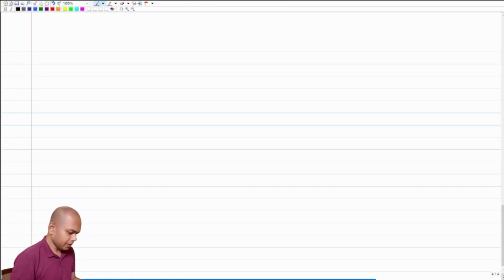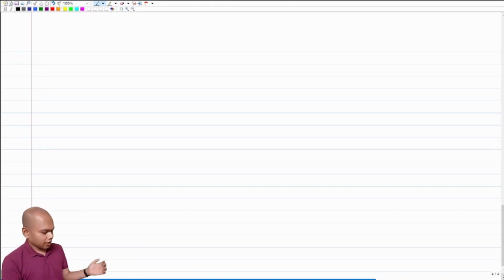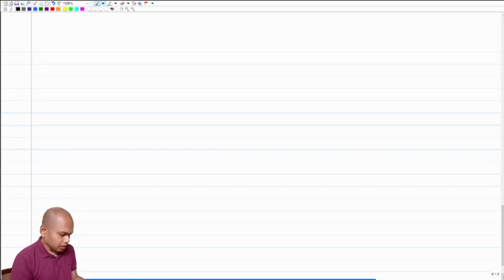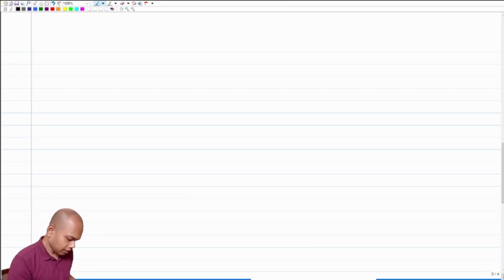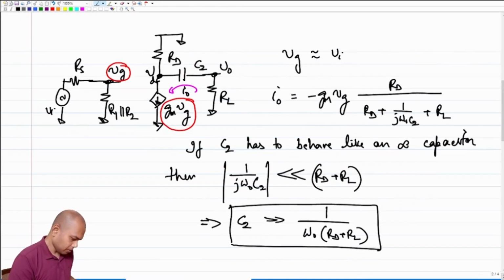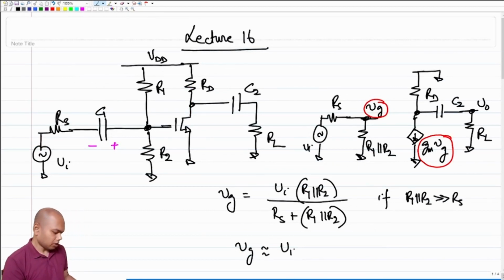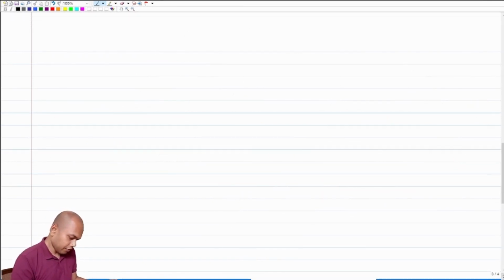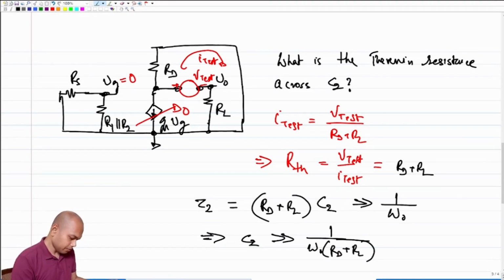Up until now we have been discussing the architecture of the common source amplifier, and what did we see? After lots of discussion and soul searching, we came up with this architecture which was able to give us some gain. What was the value of the gain? The value of the gain is supposed to be